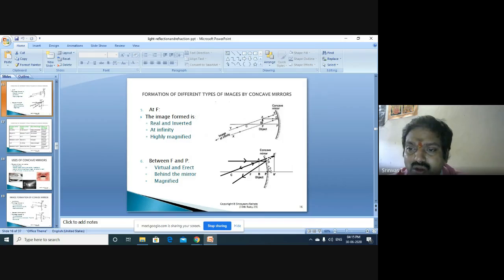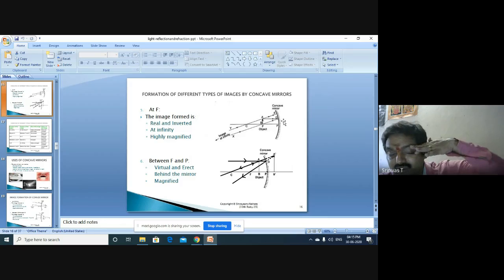At the focus, if you assume a small object, it will again have one ray. As and when you take a ray parallel to the principal axis, it has to go through the focus. Similarly, one more light ray, for the center of curvature, also goes in this direction. So we have two parallel lines, which are going to give an image at infinity only. Therefore, when the object is exactly at the focus F, our image will be formed at infinity. That's what we can confirm.